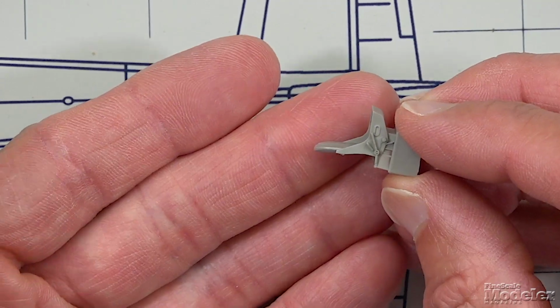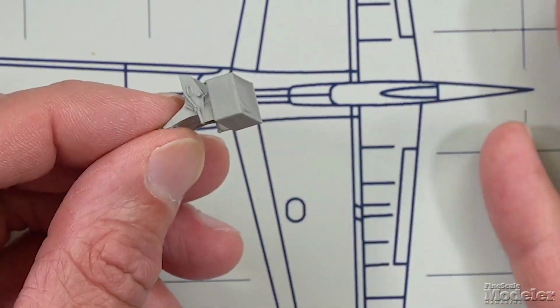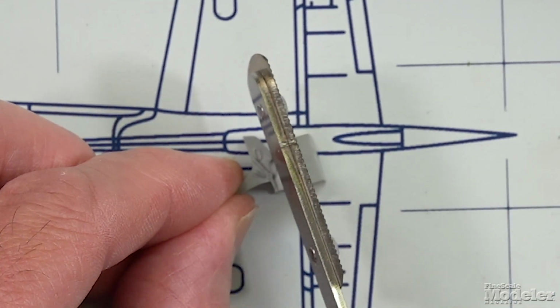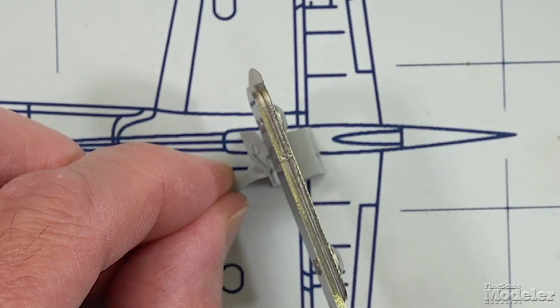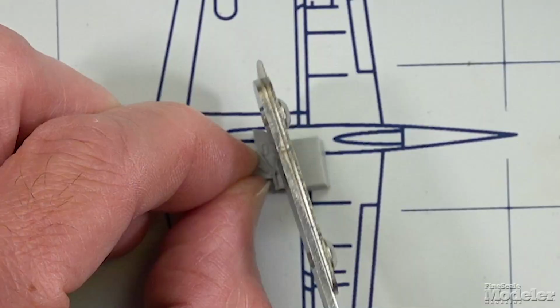Number one, don't use snips. You might be tempted to because you're thinking, well, that'll make quick work of it. But the snips put a lot of pressure on the resin, and resin is delicate and fragile. And that excess pressure can often snap a thin part like this seat and leave the part you want to remove, the pour stub, which is big and chunky, whole. So instead, take a razor saw and you're going to hold it as close as you can to where the part separates from the pour stub. And then you're just going to...